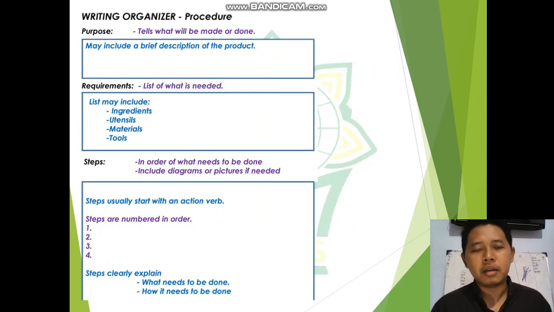Nah, so for the procedure text writing organizer, okay, ada seperti ini ya. Jadi you can make the purpose, the title, and then the material, and after that the sequence of the procedure. And finally, you can also conclude. Ya, jadi bisa ada kesimpulan. Kesimpulan misalnya, for example, like mungkin setelah matang, okay, biasanya didinginkan.